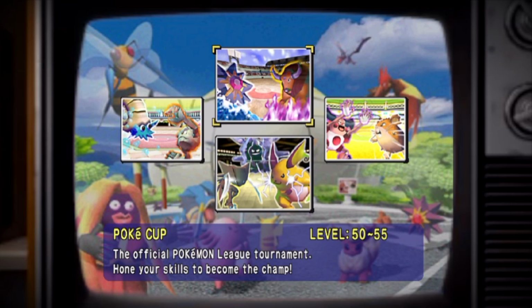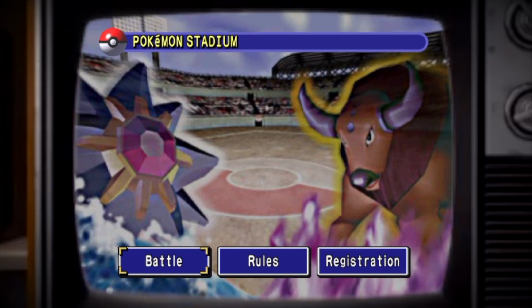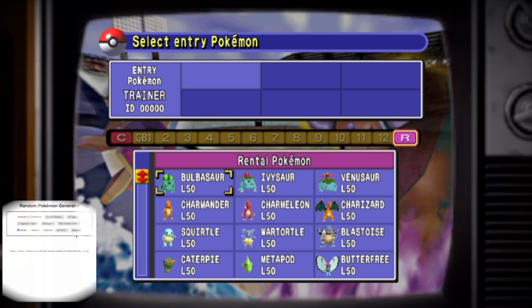So here we are. We're gonna do the Poke Cup, because it has all the Pokemon. For the randomization, I'm going to be excluding mythical and legendary, but everything else is fair game. So let's take a look and see what 6 Pokemon we get to work with. If the ones I get are really, really bad, I might do one more reshuffle, but that's it. So we're gonna see how far we can get with these 6 Pokemon, and they are...